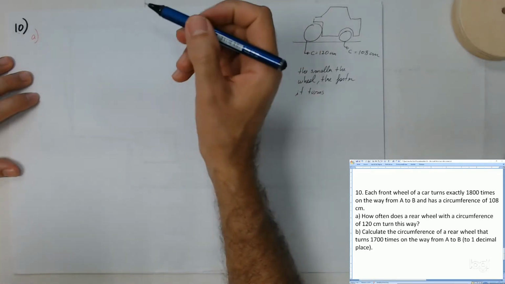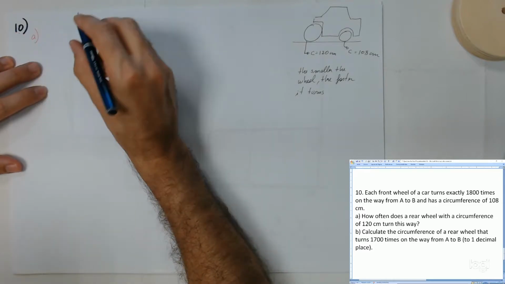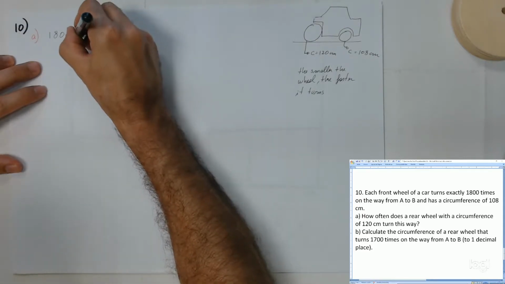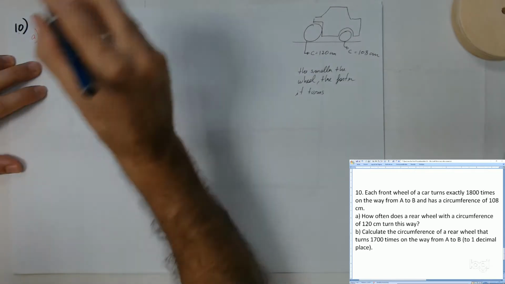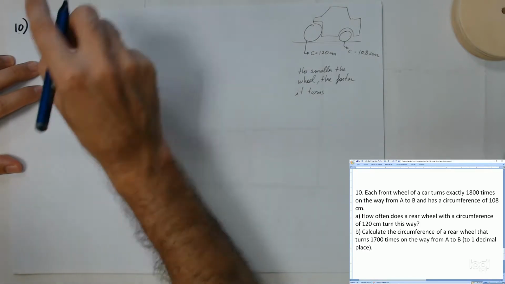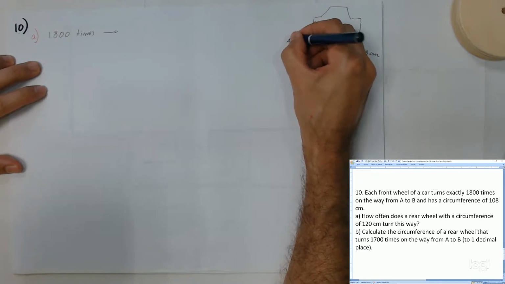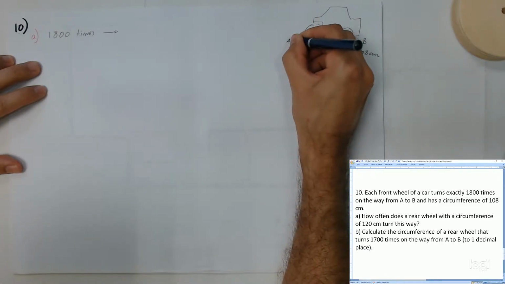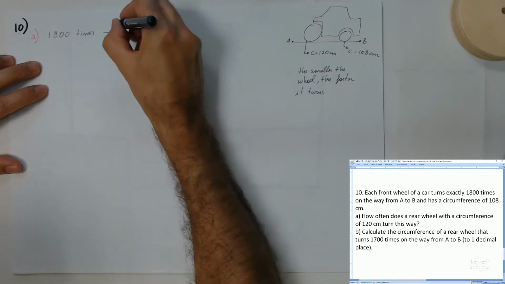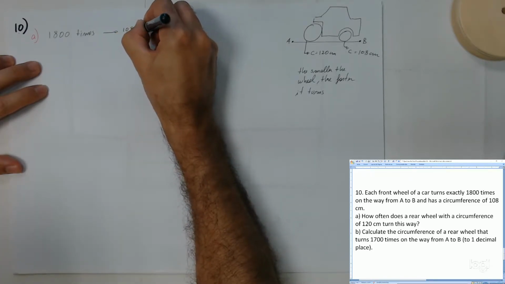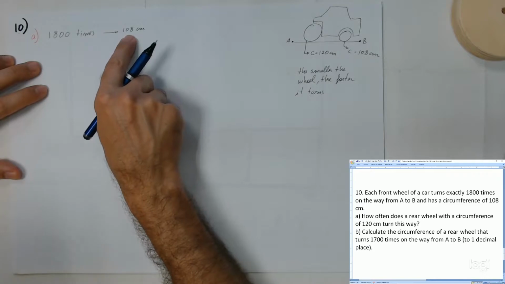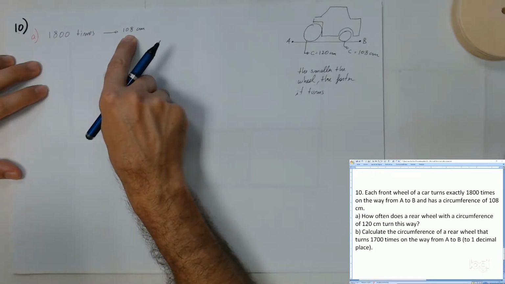We know from the problem that when it turns 1,800 times, from A to B, this car is going from A to B. This is the path, the length it is going to take, and along this way we know that the front wheel, which measures 180 centimeters, turns